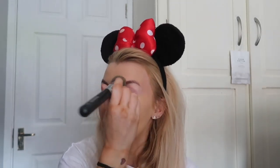Yeah, this foundation, I would put this on first thing in the morning when we were in Orlando, literally probably 7 or 6 o'clock in the morning, and I wouldn't top it up until maybe 8 or 9 o'clock if we went back to the resort at like 6 or 7 and just had a little rest stop, not even a nap. And then I would maybe just reapply to my nose or my chin or wherever has worn off. But other than that, I wouldn't actually bring this to the park or top it up during the day,